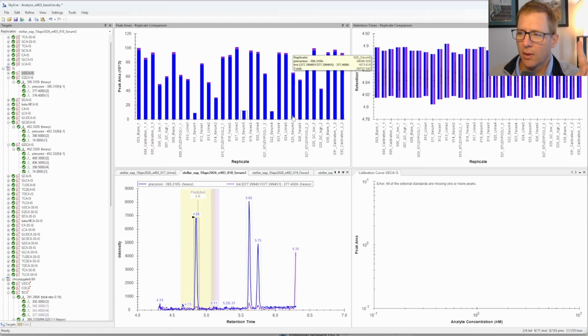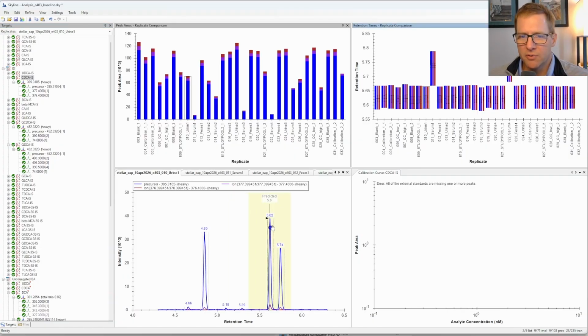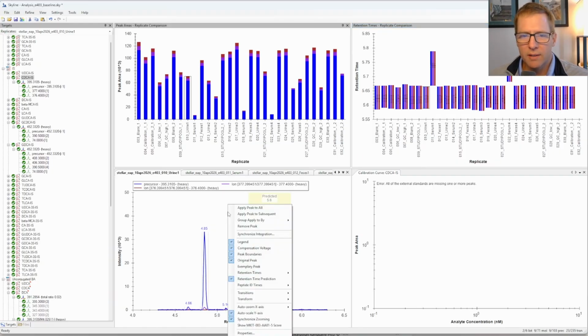Curation tip number 2: use the Synchronize Integration function. While that run was easy and we only had one outlier, you may go down to something else like this that looks like it has maybe 4 or 5. This is a small sample set. If you had a whole plate of samples, it may take you a lot longer to click through each one of these. So what I like to do, once you know that your chromatography is stable, is to click on one and decide, okay, this is the peak that it needs to be, then right-click